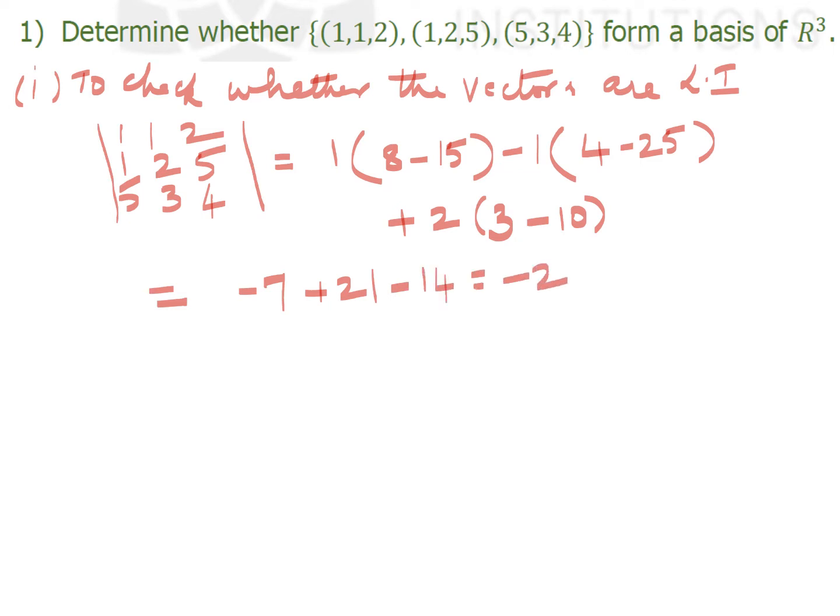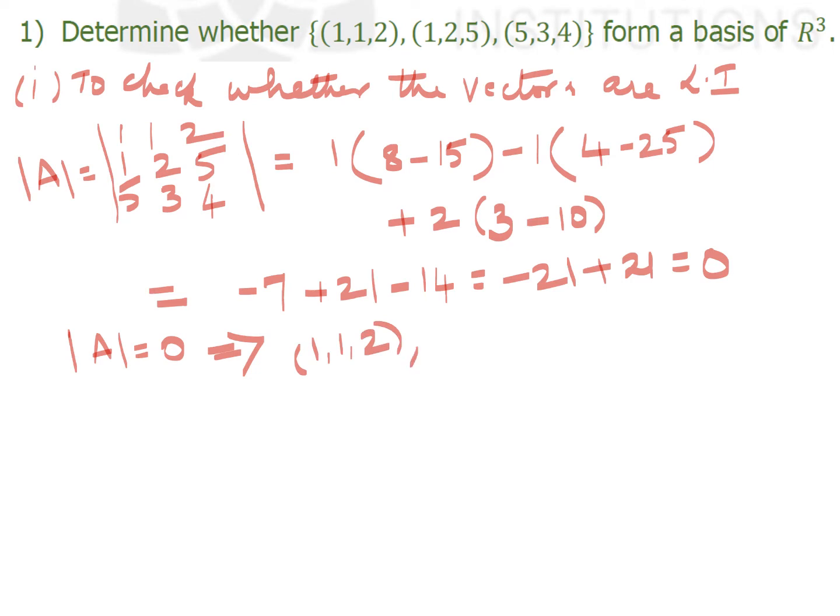So we get minus 21 plus 21, that gives me 0. So determinant, suppose I call this determinant A, I am able to get determinant A equal to 0. So this will imply the vectors (1, 1, 2), (1, 2, 5), third vector (5, 3, 4)